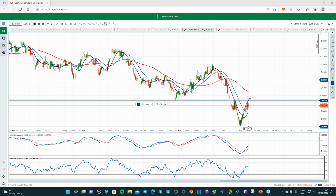So then I'm starting to think the likelihood is that perhaps we could get a higher low and price could come into this range. Perhaps it could start trending upwards, or it could just start ranging. So I've got to be a little bit careful about that. But right now,